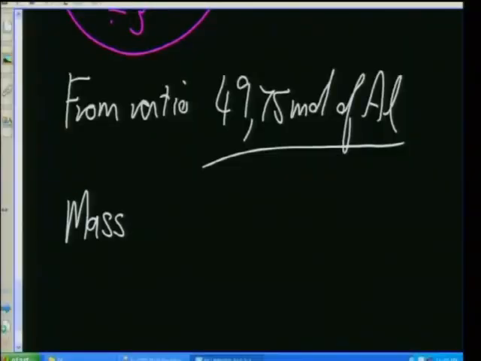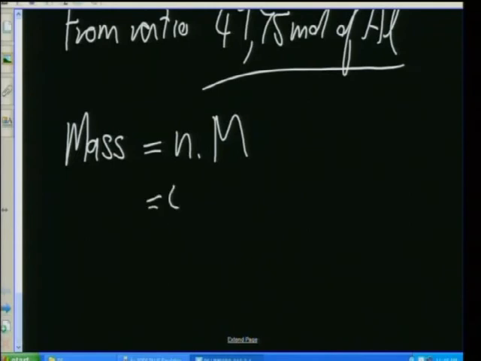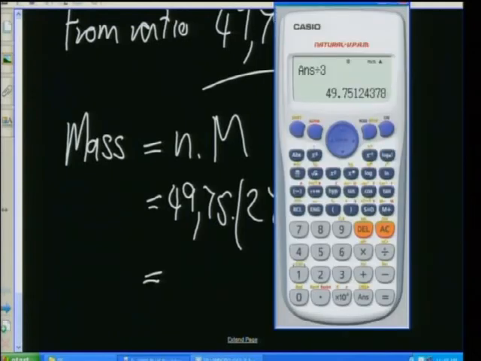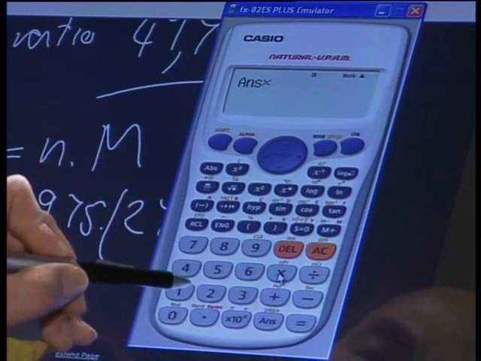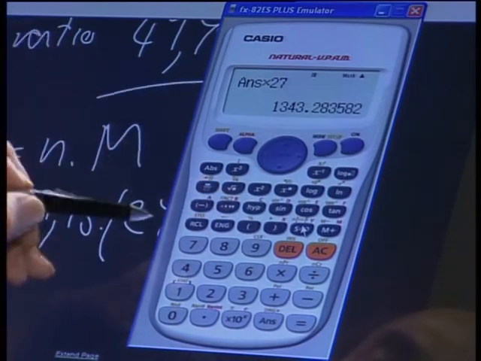how are you going to get the mass of aluminium? We are going to use the formula m equals n times M. You're going to say the number of moles times the molar mass, correct? Now the number of moles is 49,75, and the relative atomic mass of aluminium, if I look on the periodic table, is 27. So I'm going to multiply by 27, and I will get my answer, which is